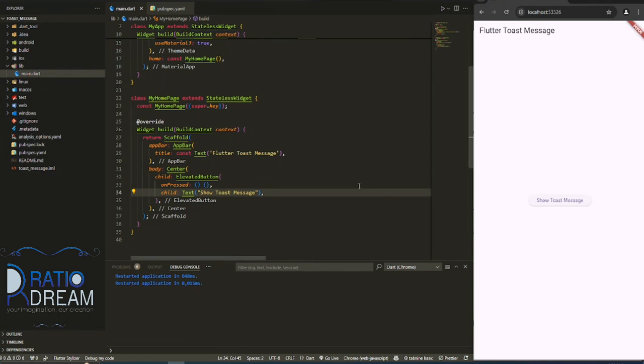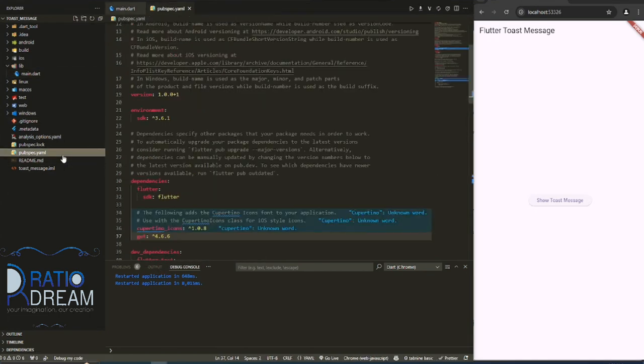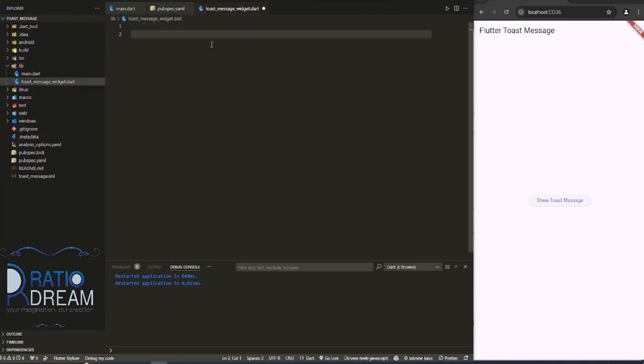To show the toast message, you have to add the GetX package in your pubspec.yaml file. I already added the package. Now in the lib folder I create another file named toast message widget file. Here I call the snackbar